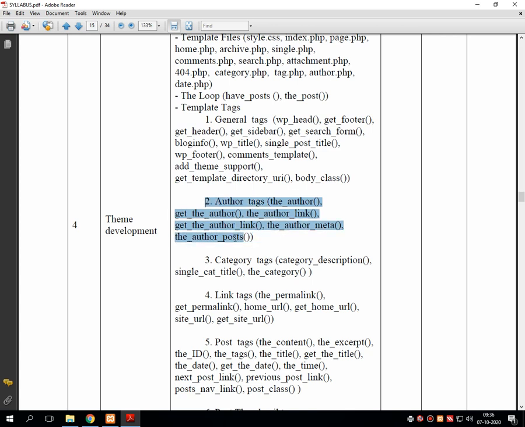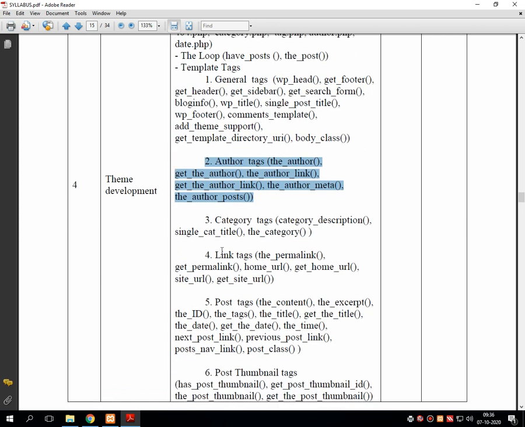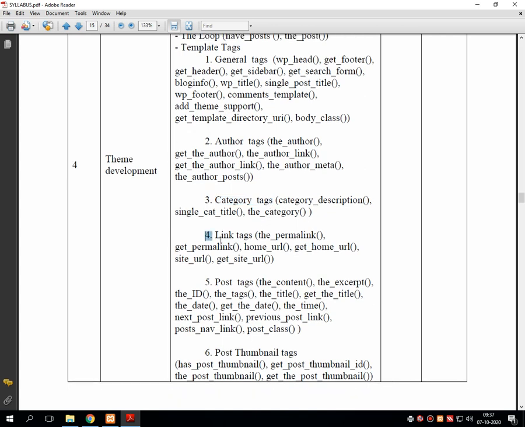After the completion of bunch number 2, we'll go for bunch number 3. All these are related with the categories, that is category_description, single_category_title, the_category.